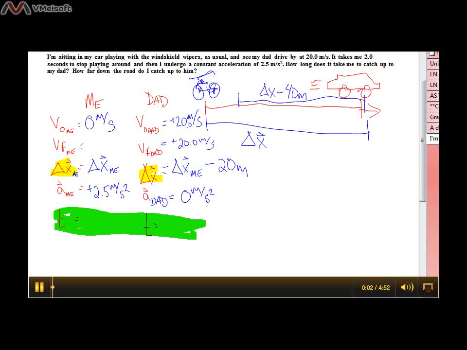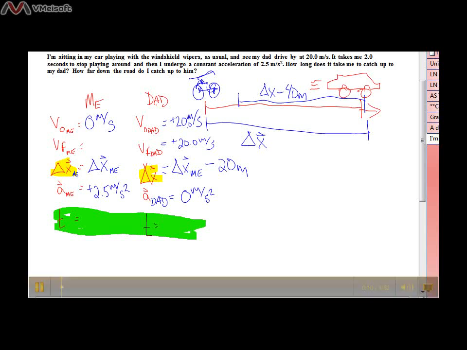Alright, so here is the answer to the windshield wiper problem, me chasing my dad. I have already set up the VOVA-SAT charts, and I think the only thing a little bit tricky about those is that, whoops, I didn't mean to be crossing that out, that the delta x for my dad,